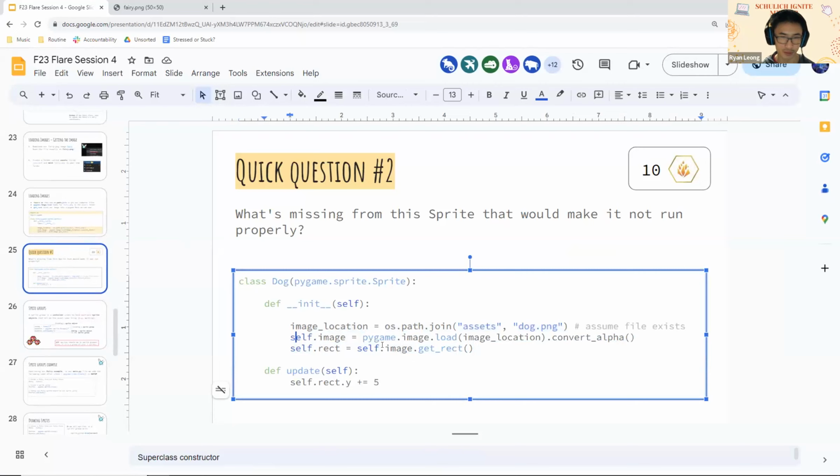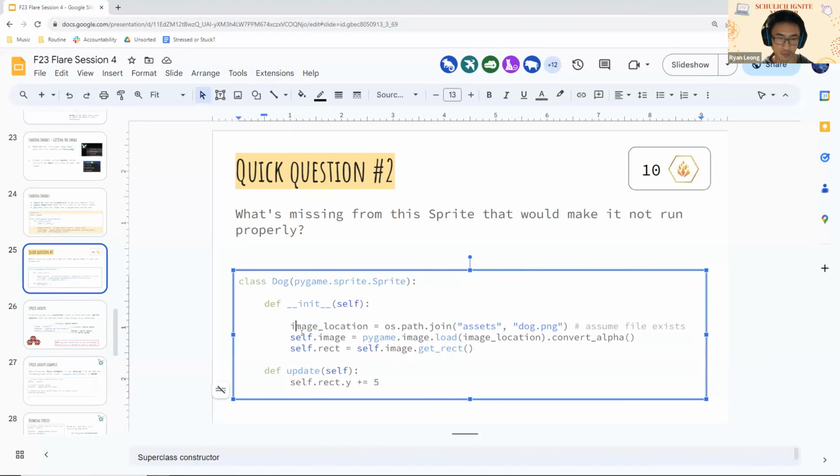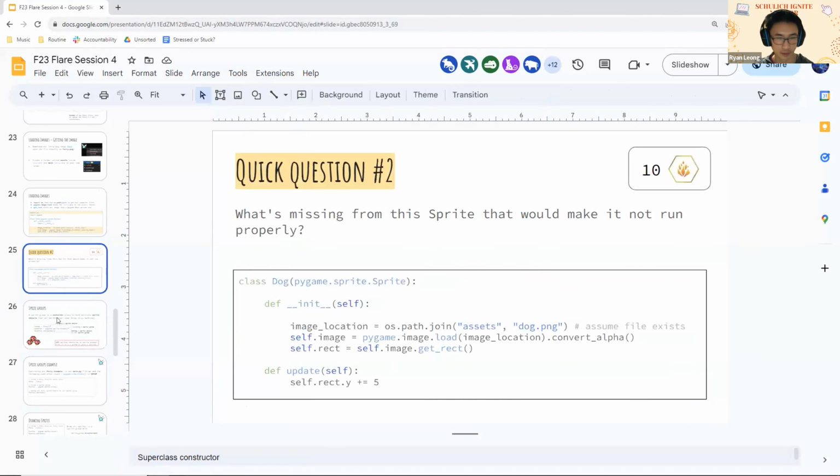Was running missing from this, right? Okay, sorry, I was not looking at the quick question. Does somebody want to just share the answer? Super. Yes, yes. Okay, makes sense. Yeah, so I guess there's just no